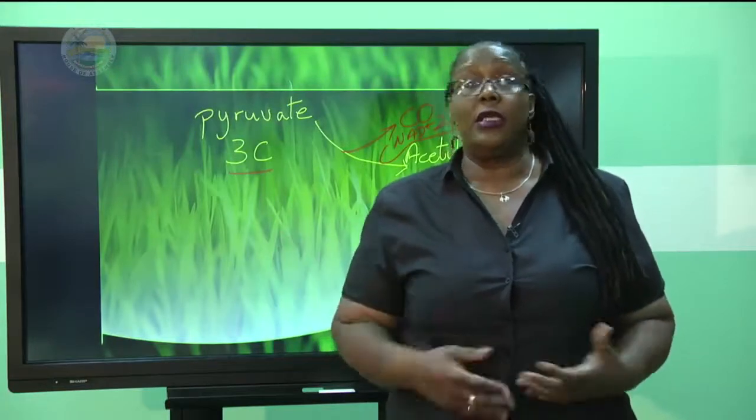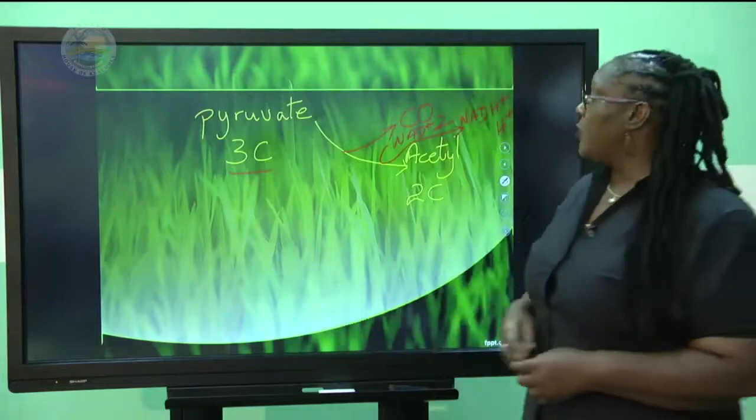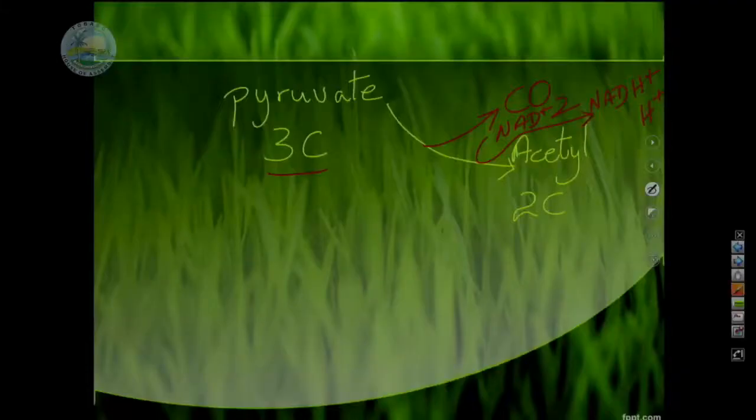where, as we said, for every 1 NADH, you're going to yield 3 moles of ATP. And because we would have had 2 pyruvate molecules, then we're going to have 2 NADH being produced. And so, in truth and in fact, we will get 6 molecules of ATP just from this stage here. Now, the next stage will be for the acetyl to meet with the molecule that would be in the Krebs cycle. So this here is called the link reaction,